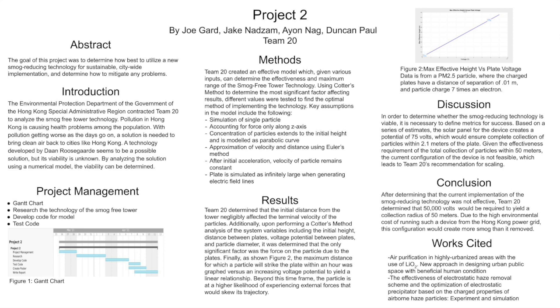Once the model was completed, the team sought to determine which variables were the most sensitive through Cotter's method. Of initial height, distance between the charge plates, particle diameter, and the change in voltage across the plates, the only variable with high sensitivity was the voltage difference across the plates. Somewhat surprisingly, the initial height of the particle actually had zero sensitivity because this distance negligibly affected a particle's terminal velocity. In reality, however, particle distance from the plates has a large impact on the success of particle capture